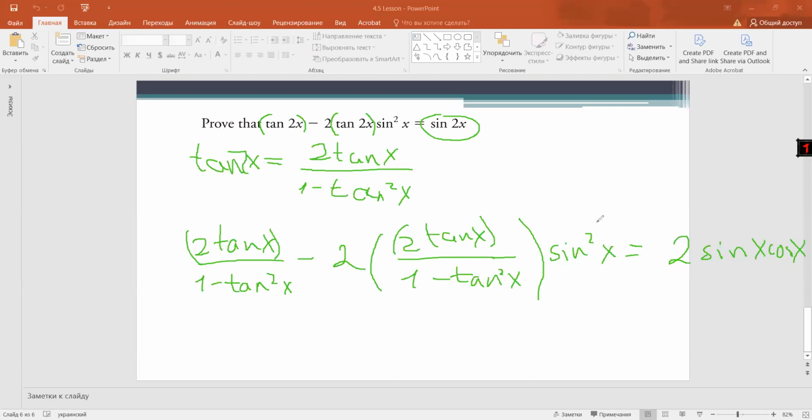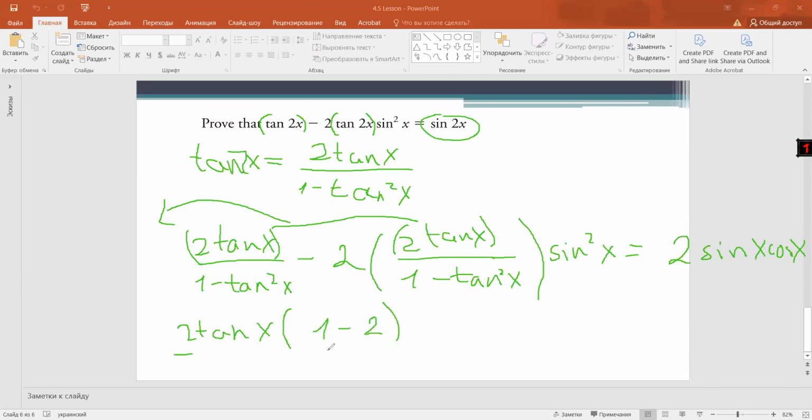So basically, we could bring it into the same fraction. It would be 2 tangent x, bracket opens. This is our factor that we bring out, 2 tangent x equal, and in the brackets left we have 1 minus